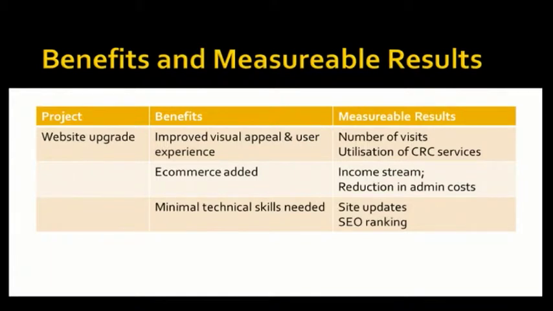Some of the measurable results you'll see from there is you actually could be increasing the income stream of your CRC through having products available online. And there may be some processes that you've been doing manually through the office that you can actually do via the website through what's called the back end of it, doing all the administrative things for you. And it could be having people sign up to a newsletter online where you don't have to do it in the office manually, and getting people to sign up for events and book in for events through the site as well. Yep. It just takes all that work away, and it makes it so easy for people to buy and